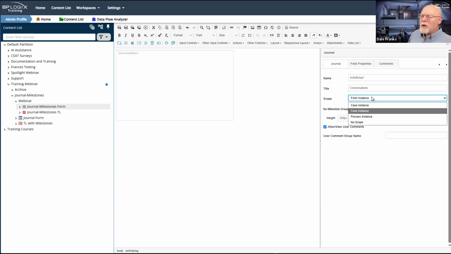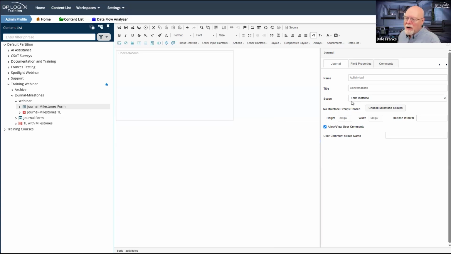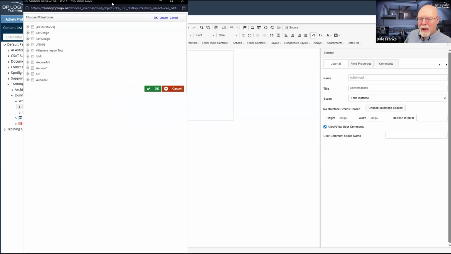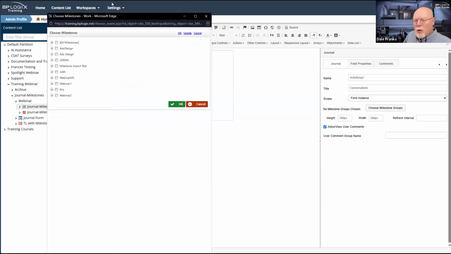And then we get to our scope. It's hard to talk about scope without talking about milestone groups. So let's do that. When you create milestones, and we're going to create some and go over this all in detail, you must place them in a milestone group.